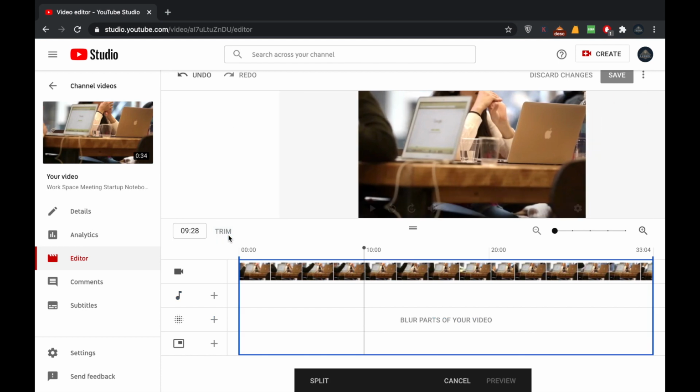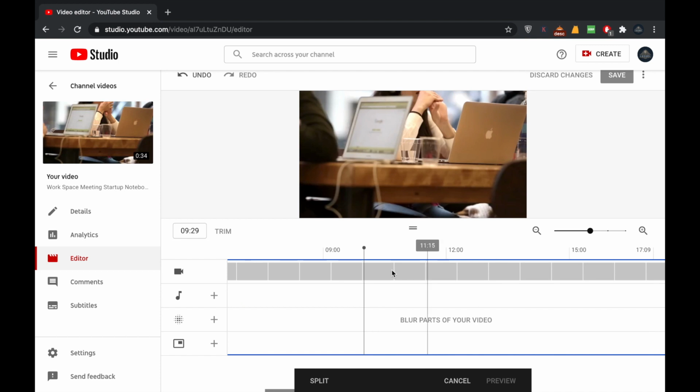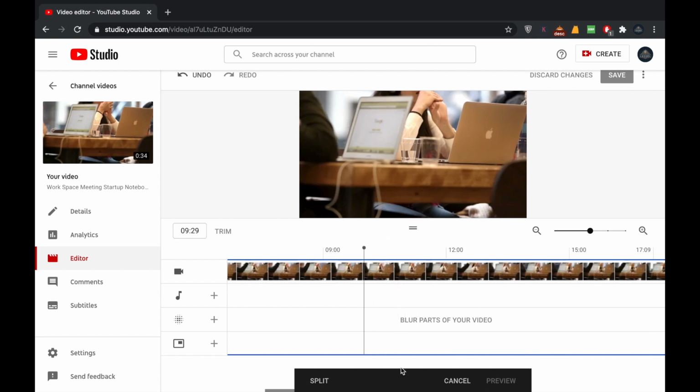So I click on trim, and again when I click on trim, I have to drag it. Click on this and click on trim, zoom it out, and click on the option called split. As you click on split, this blue line will appear. You just have to drag it,